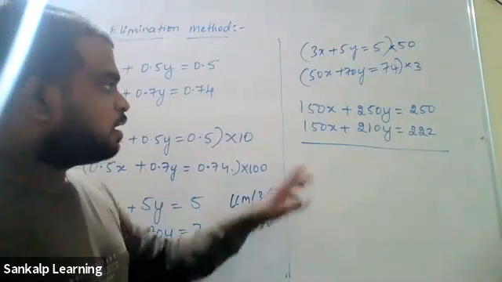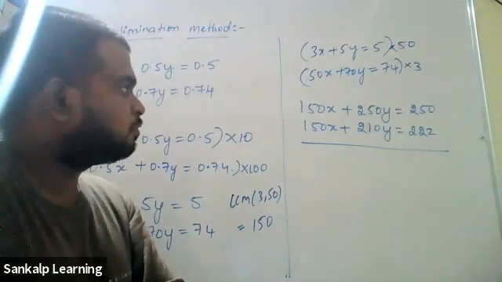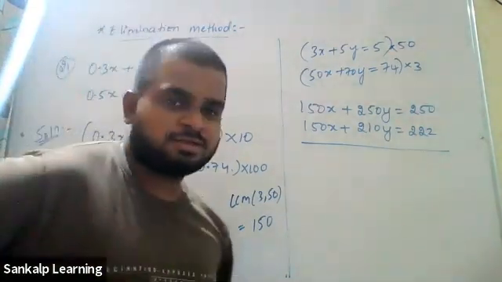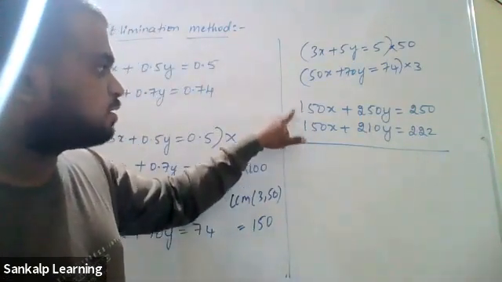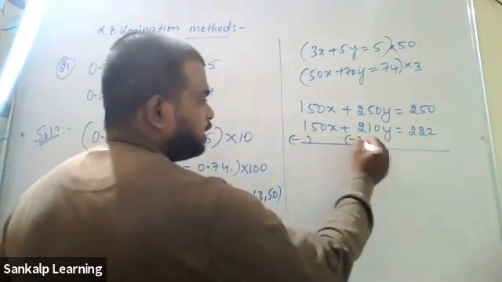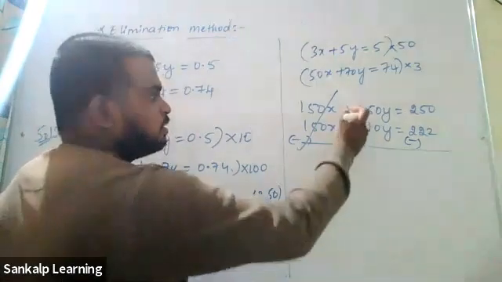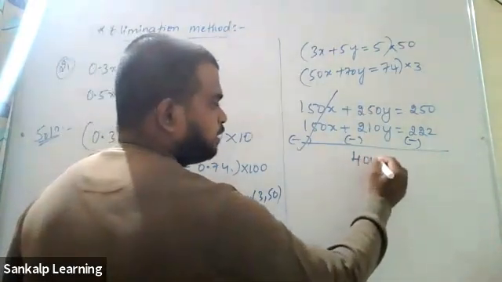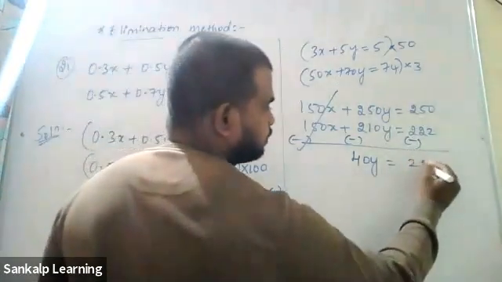Let me ask Kumuda, will you change the sign, yes or no? No, sir. No, why? Because today is Wednesday. Yes, sir. We will change the sign, right? Why? Because both have the same sign, positive, positive. This is also plus 150x. This is also plus 150x. Throughout you have to change the signs. Minus, minus, minus. Gets cancelled. This is plus, this is minus. The sign is subtract. So plus 250 minus 210 gives you 40y. This gives you how much? 28 if I'm not wrong. Yes, sir, 28. Therefore, y is equal to 28 by 40.